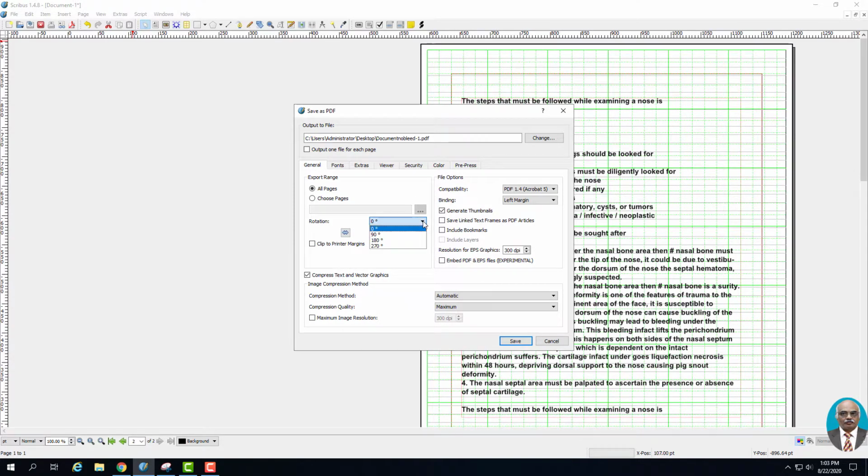Now you can rotate the orientation of the document either into portrait or landscape by choosing this option, but I will really advise you to choose the layout from the layout window rather than in the final product. That is always advisable, because after the printing is over, you won't be able to get the same setting back.